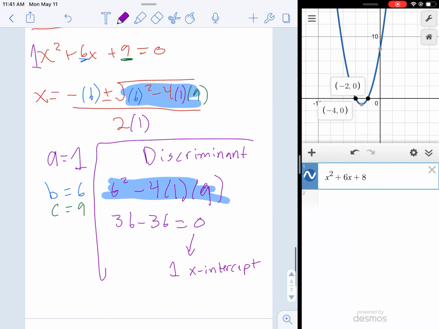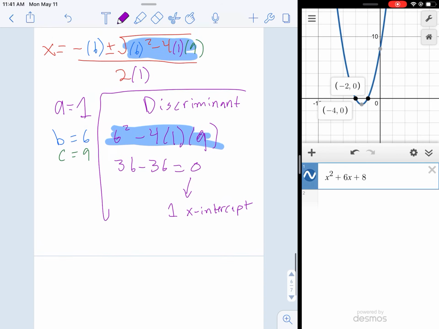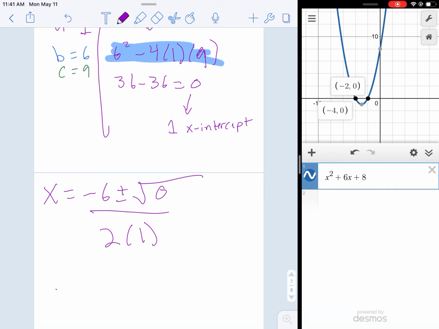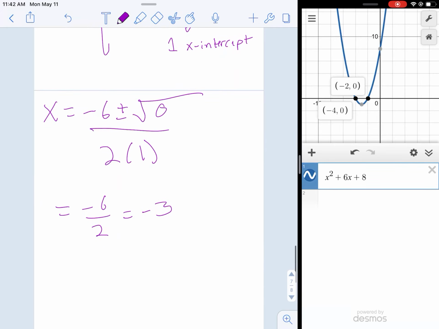And now let's go ahead and solve our quadratic formula. So I have x equals -6 plus or minus the square root of, what is the inside of the square root equal? We solved that, that's 0, all over 2 times 1. And this equals -6 plus or minus 0, that doesn't change anything. So that's just divided by 2, which is -3. So that means our only x-intercept